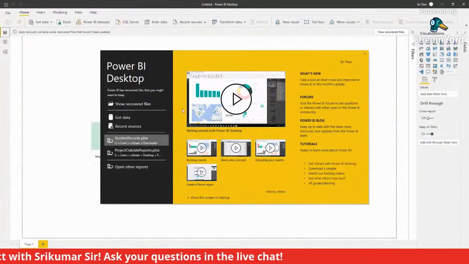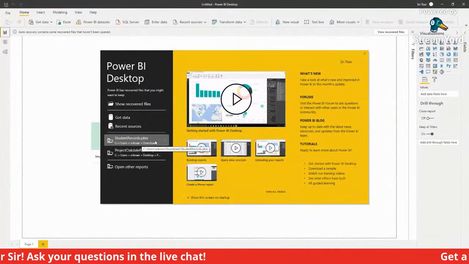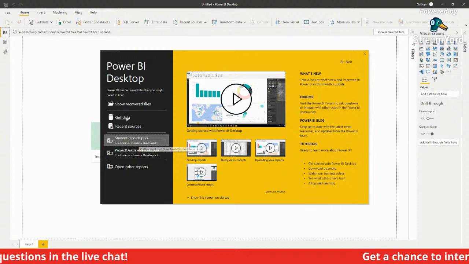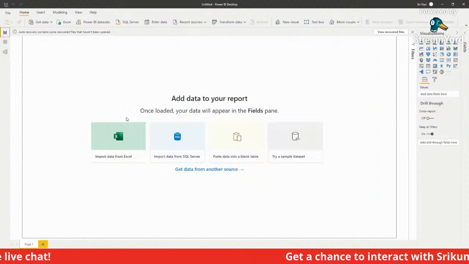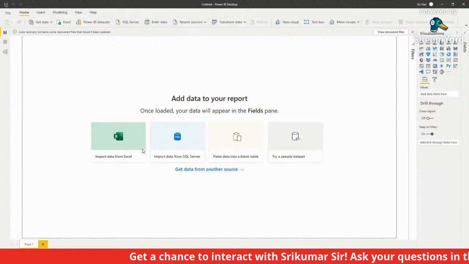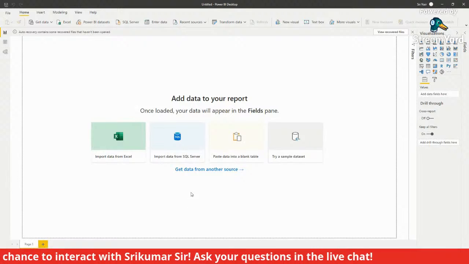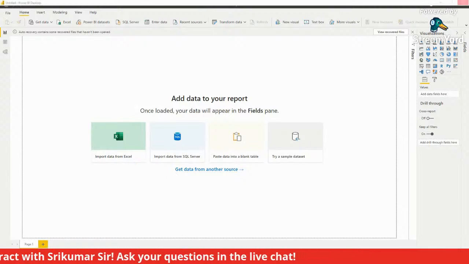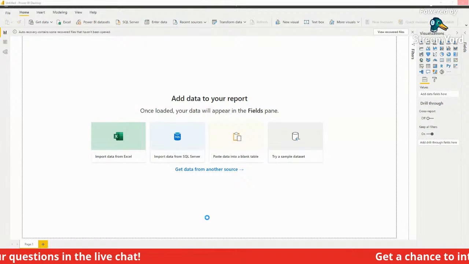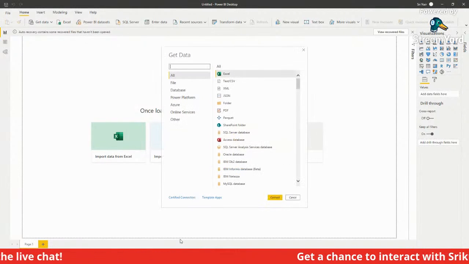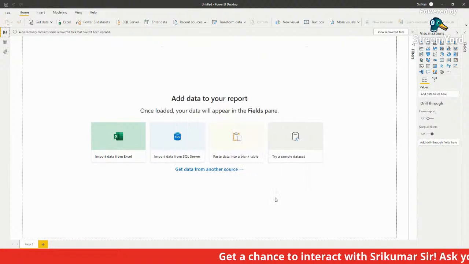All right. Meanwhile, I'm here trying to connect to get data, import the data from Excel. Meanwhile, I just switched to show you the reports portion of it on how you can build reports as it's taking some time. Okay, Excel is what I need.